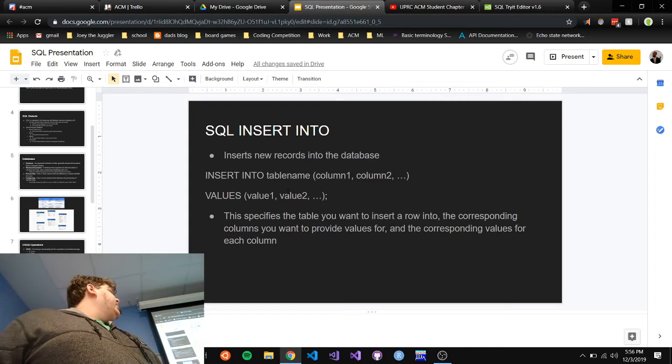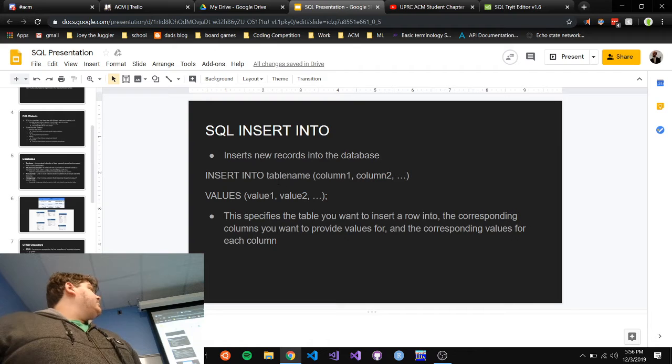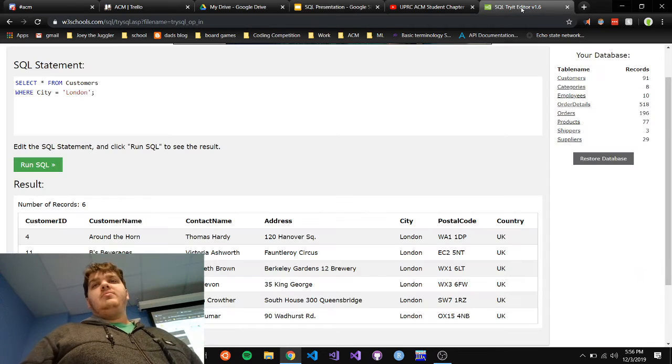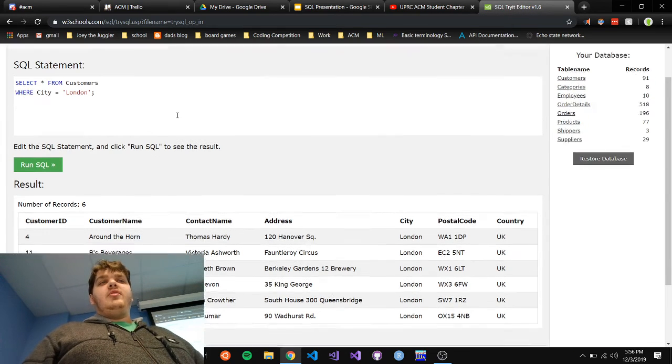Right here we have our table name, and then our columns that we want to assign values to. And these values are the values that we assign to these columns. So if I pull up that SQL editor here,